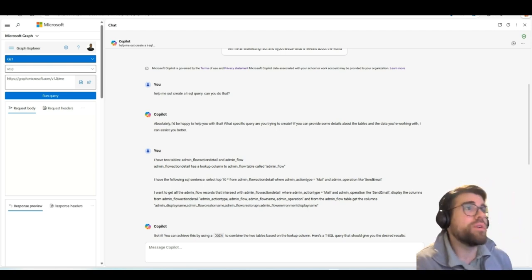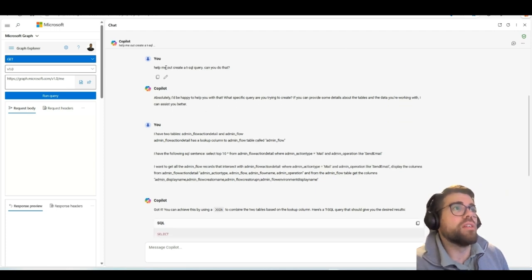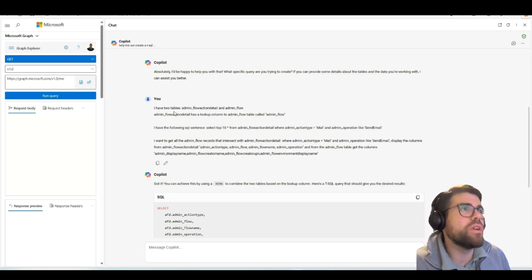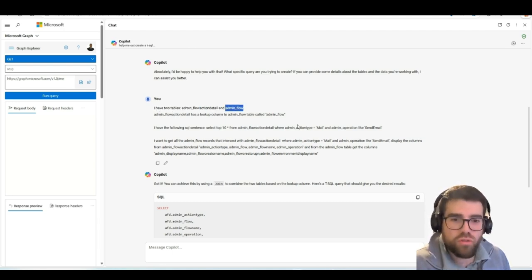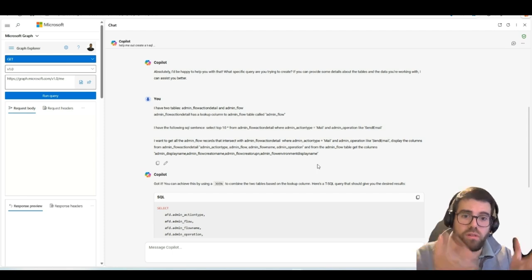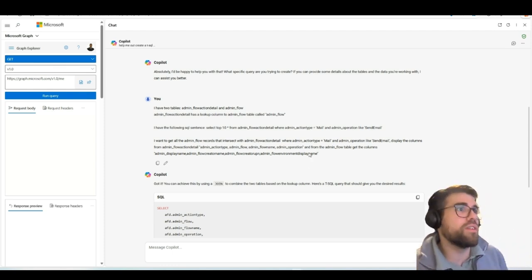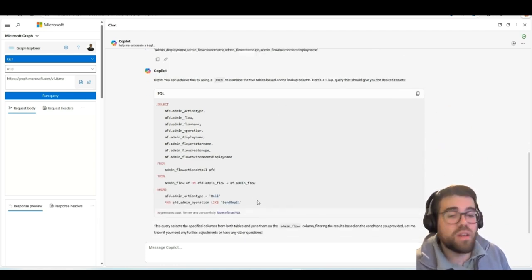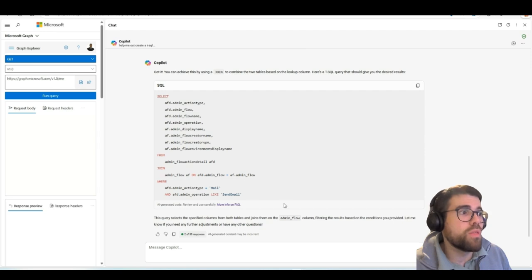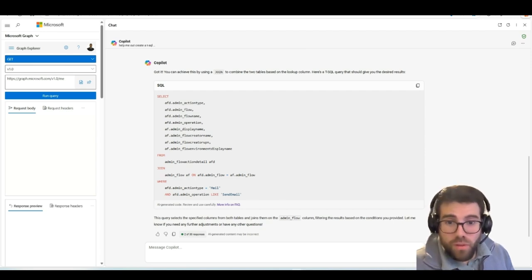And here, basically, what we are doing is asking if it can do some SQL query, and it will say, of course. Now, you just explain the story. There are two tables. You know the names of the tables. We just retrieve that from the URLs and tell it, hey, please help me out, create the query for that. These are the columns that I want to get. There's an intersection. This join is an intersection from two things. What's the intersection, right? The things that coincide based on a certain criteria, and it will pop out this SQL statement. Perfect. I just needed to correct a small thing here,